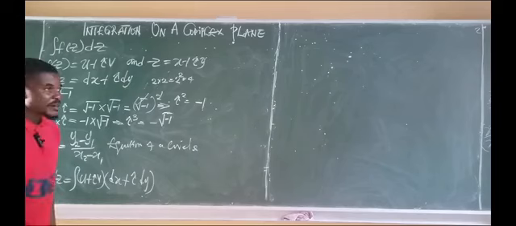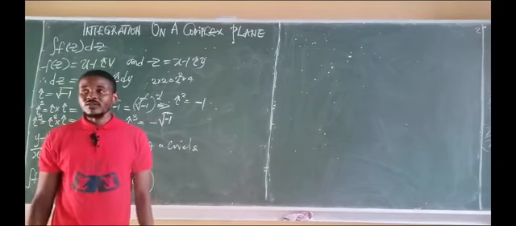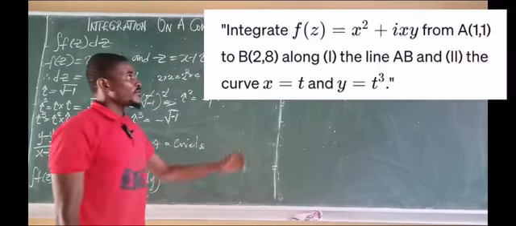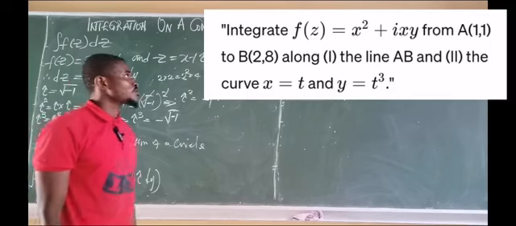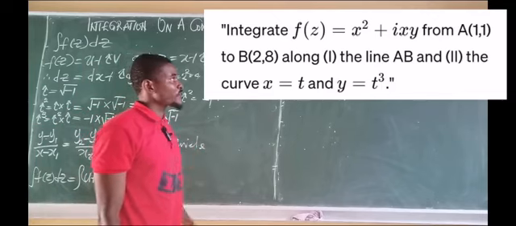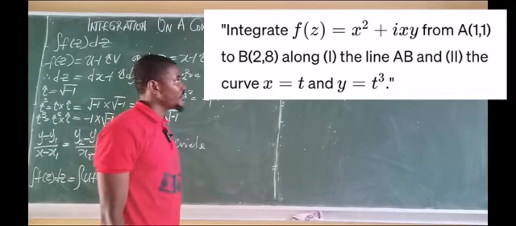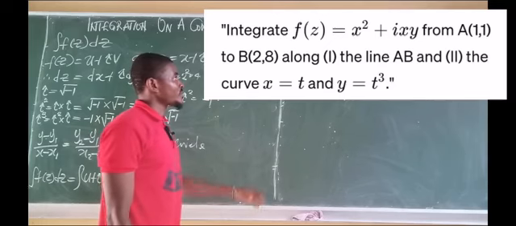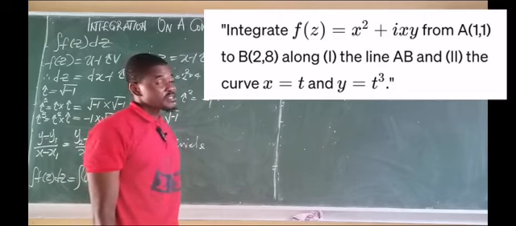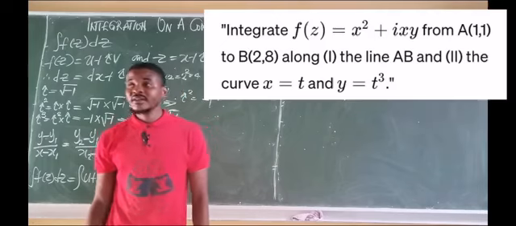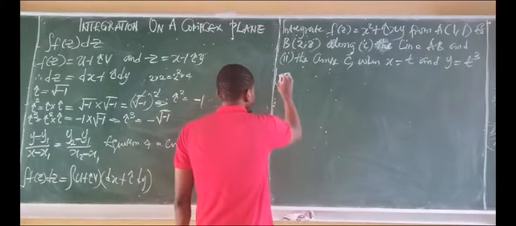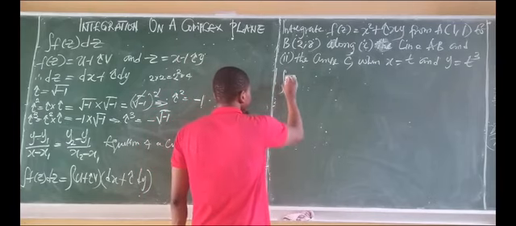So let's pick a real example to explain the whole of this concept. Let's say we are given to integrate this function from a(1,1) to b(2,8). The first equation says along the straight line AB, and then the second one says along the curve C, where x is equal to t and y is equal to t to the power of 3. So the first thing, of course, you set up your equation, you have to integrate f of z